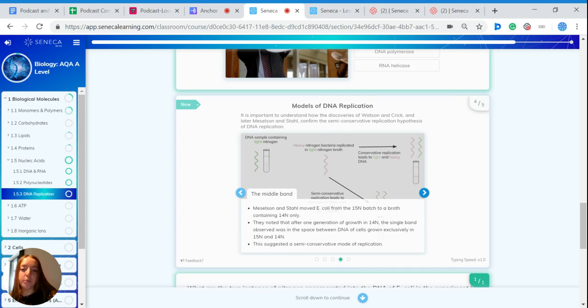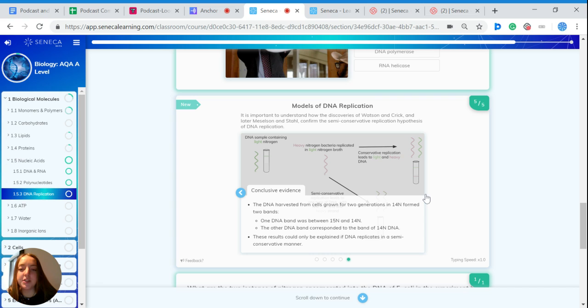Meselson and Stahl moved E. coli from the nitrogen-15 batch to a broth containing nitrogen-14 only, and they noted that after one generation of growth in nitrogen-14, the single band observed was in the space between DNA of cells grown exclusively in nitrogen-15 and nitrogen-14, so they suggested a